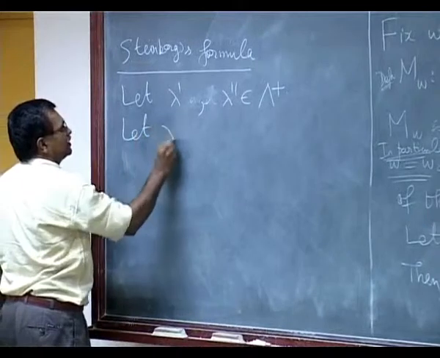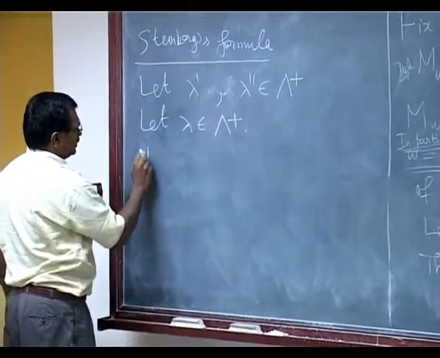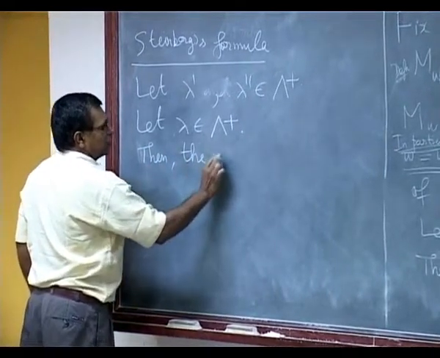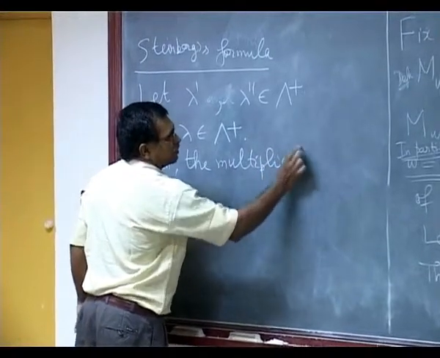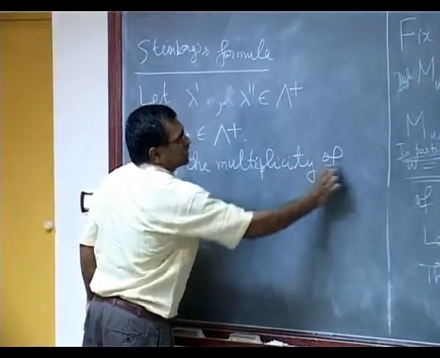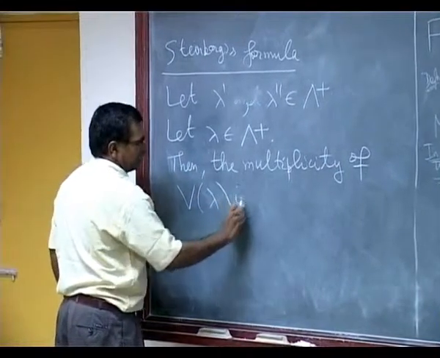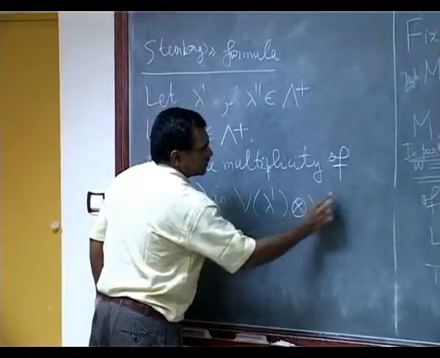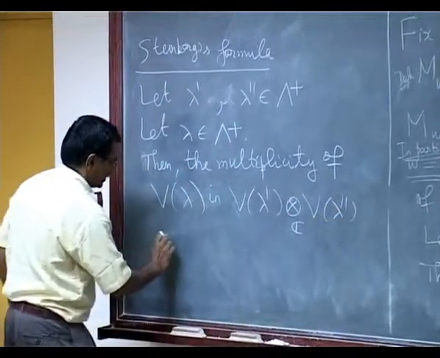Let lambda be another dominant weight. Then the multiplicity of V lambda in V lambda prime tensor V lambda double prime is given by